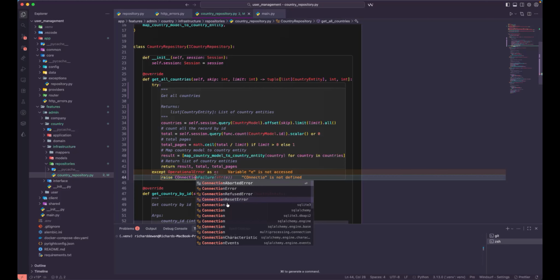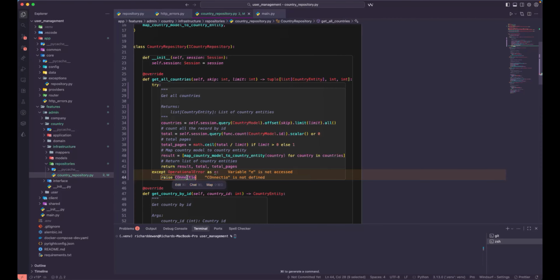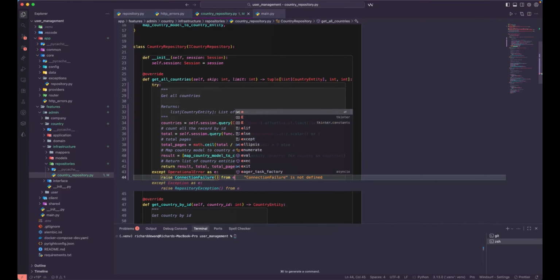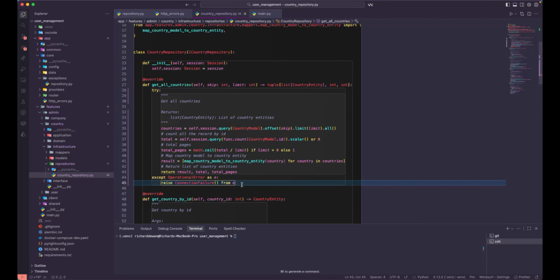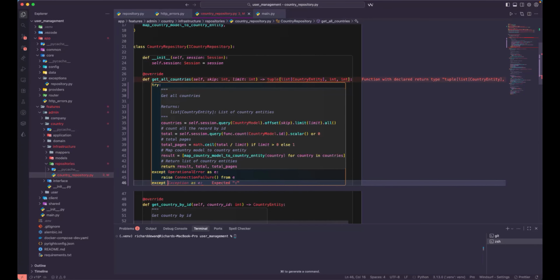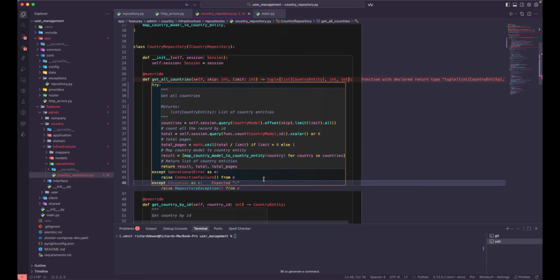connection, I guess. What was that? Let's just go back over here. This is the one, so we need to raise this one from here, and we are going to pass it from the exception that we have caught, and let's import that one over here. And next we are going to accept our, what was that? Let's go back over here, and that is the transaction failure over here,